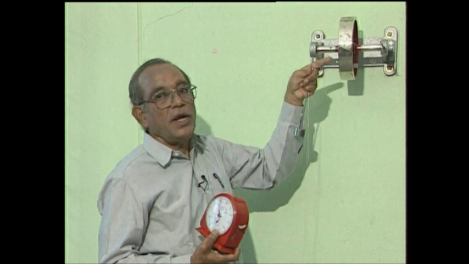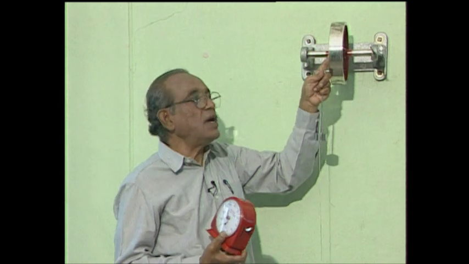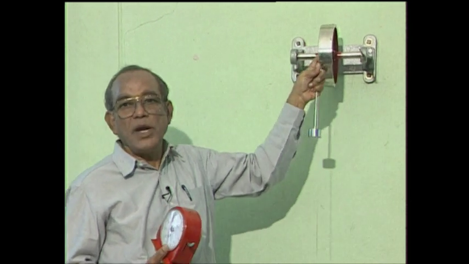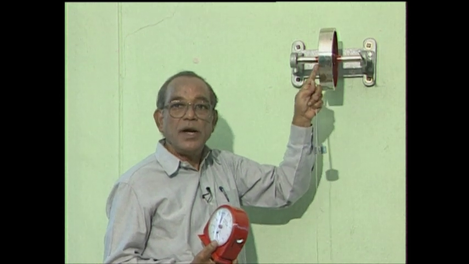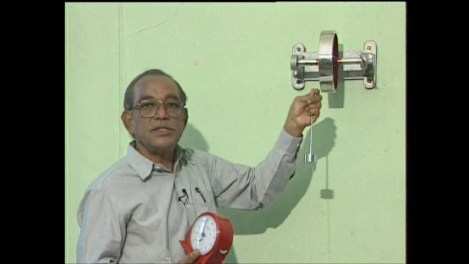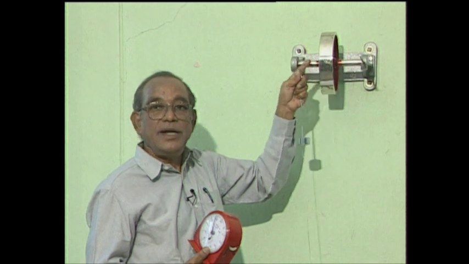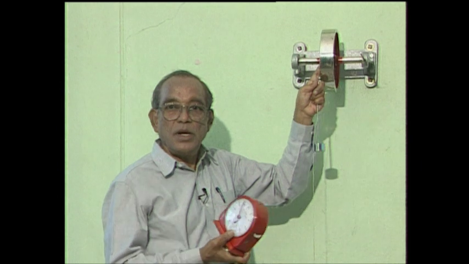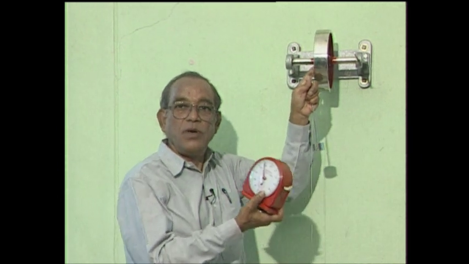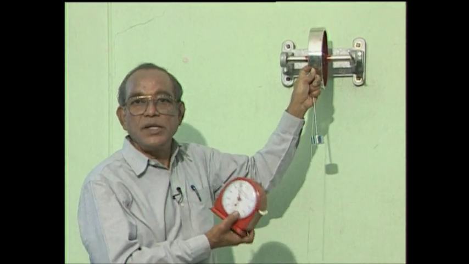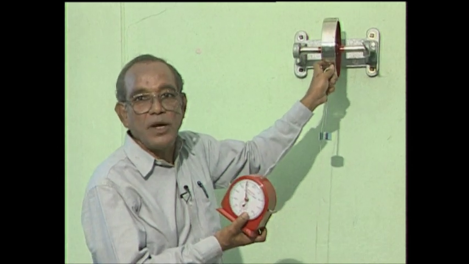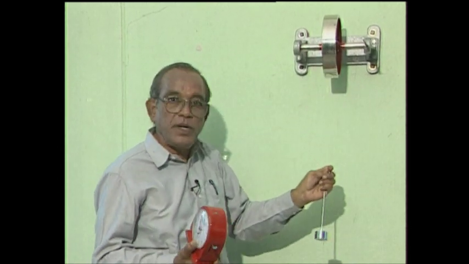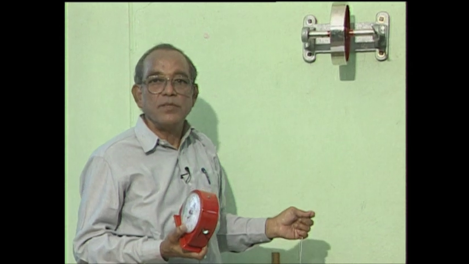Here, while rotating, the flywheel has got some angular velocity. Its angular velocity is given by 4 pi n2 by t, where n2 is the number of revolutions made after the weight has just left the axle, and t is the time taken for n2 revolutions. We will see the formula and substitute in the formula and get the result for the moment of inertia. The same is being repeated for two different heights.